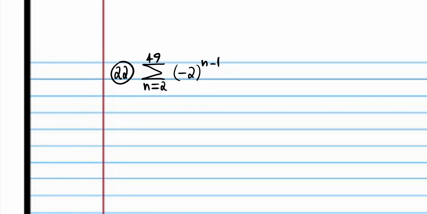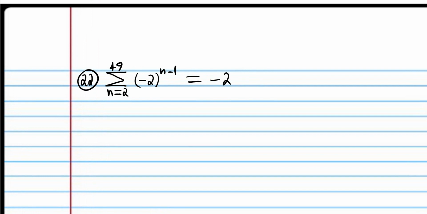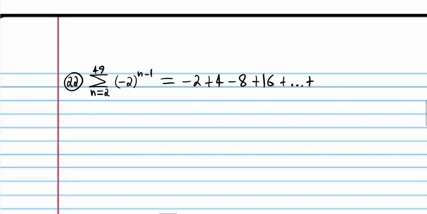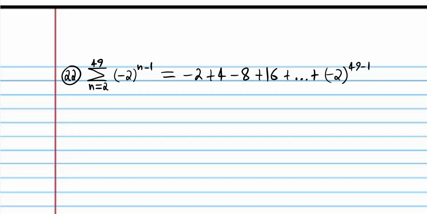Alright, we're back. So if you plug in 2 for n, you get -2. If you plug in 3 for n, you get 4. If you plug in 4 for n, you get -8, then +16, and so on and so forth. So this is a recognizable series. And of course, in the last term, you want to plug in 49. So this is obviously a geometric sequence,